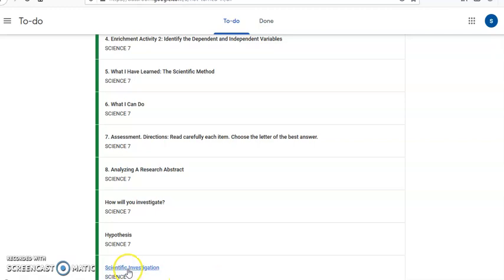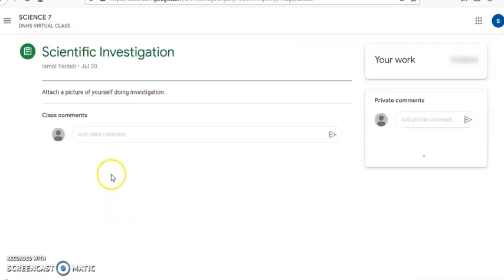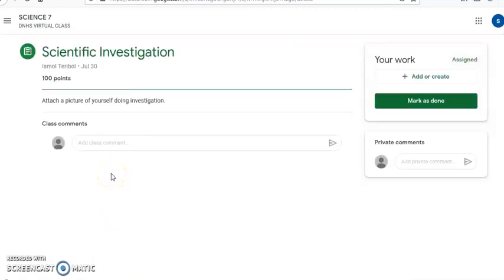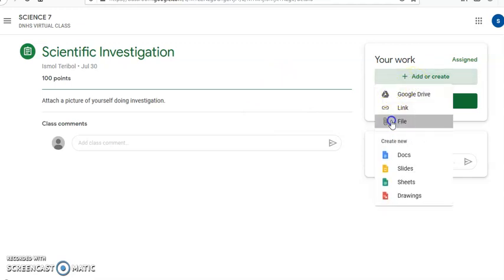Okay? So, sakali in your smartphone, mag-answer tayo nito. Again, click on the title of the assignment, scientific investigation. So, attach a picture of yourself doing investigation. So, this is very easy using your smartphone. Mag-selfie lang kayo doing your investigation. Then, pagkatapos is, you click lang add or create. Then, select the file,